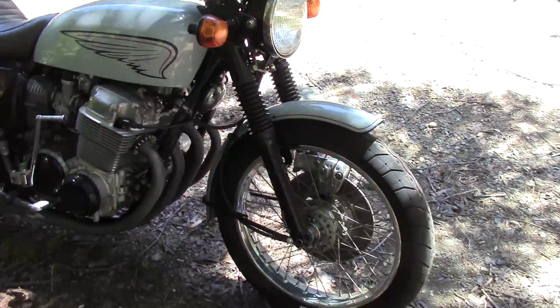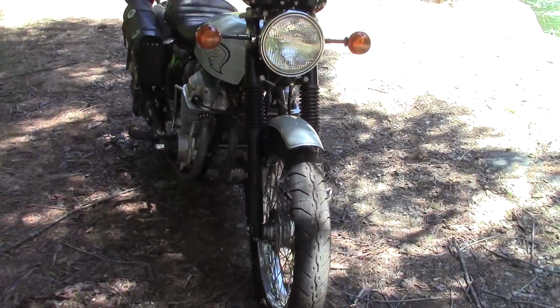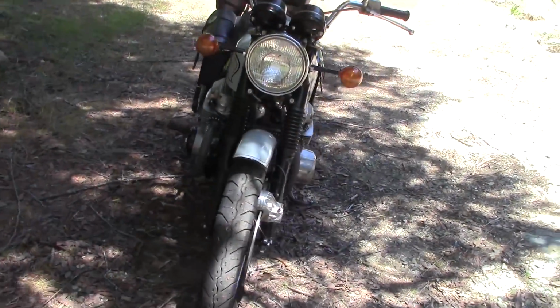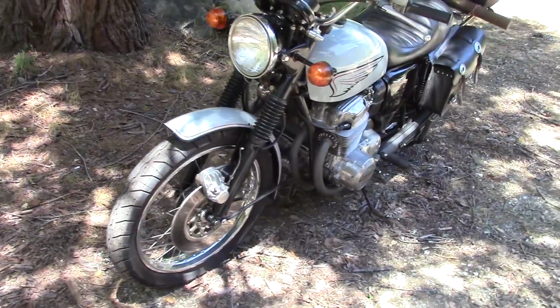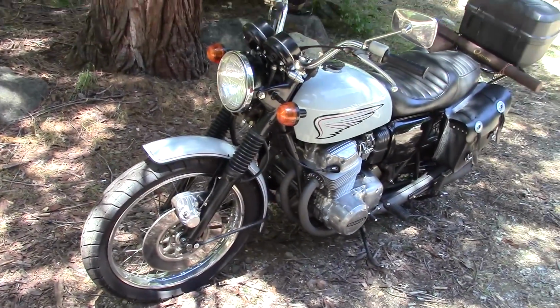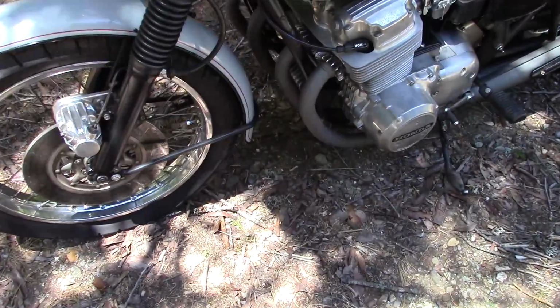distractions and all kinds of problems to keep me from working on it. There it is, as done as it's going to be for now. At least it's rideable with the new paint and the